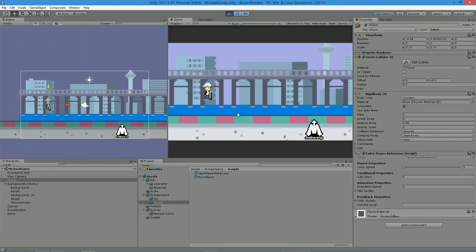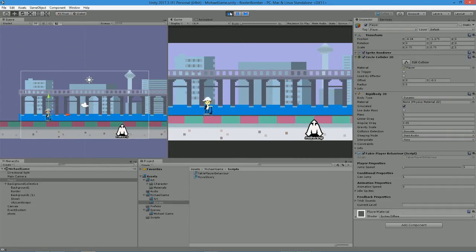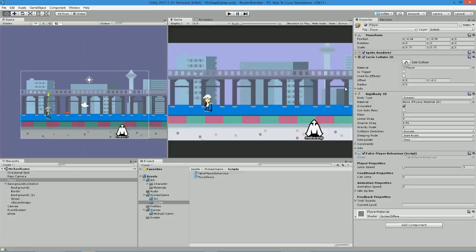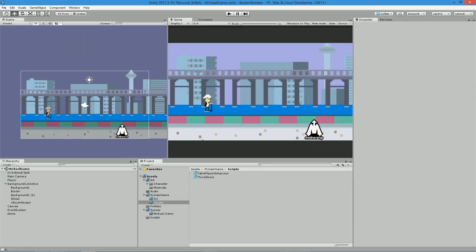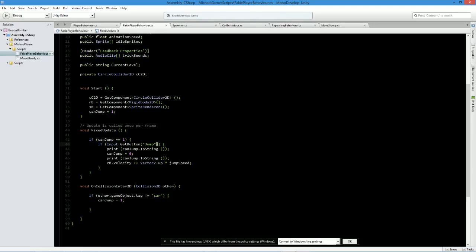That looks so much better. Okay, sick. And we still have our... this is what's nice about this, is that I didn't, normally by changing